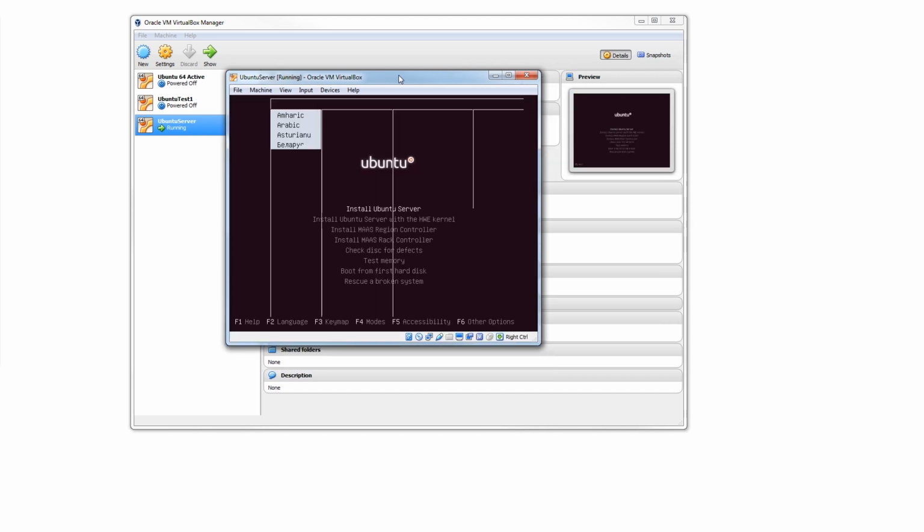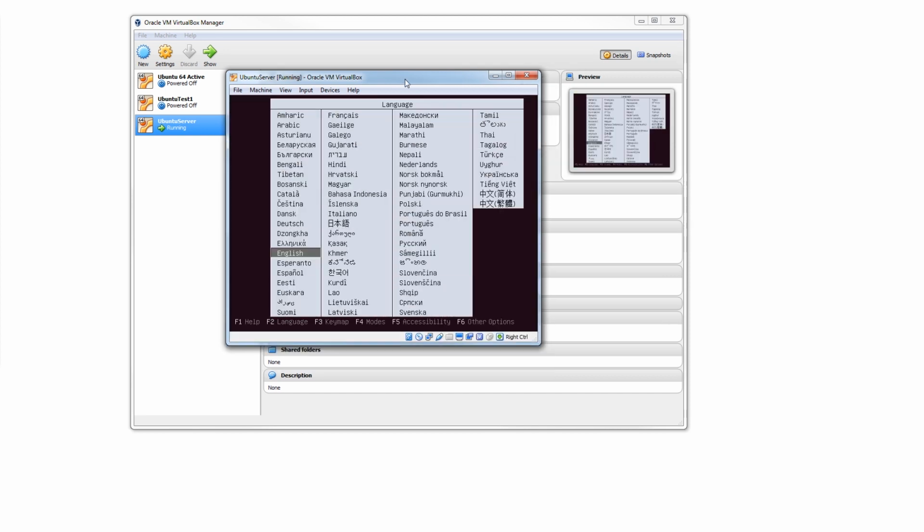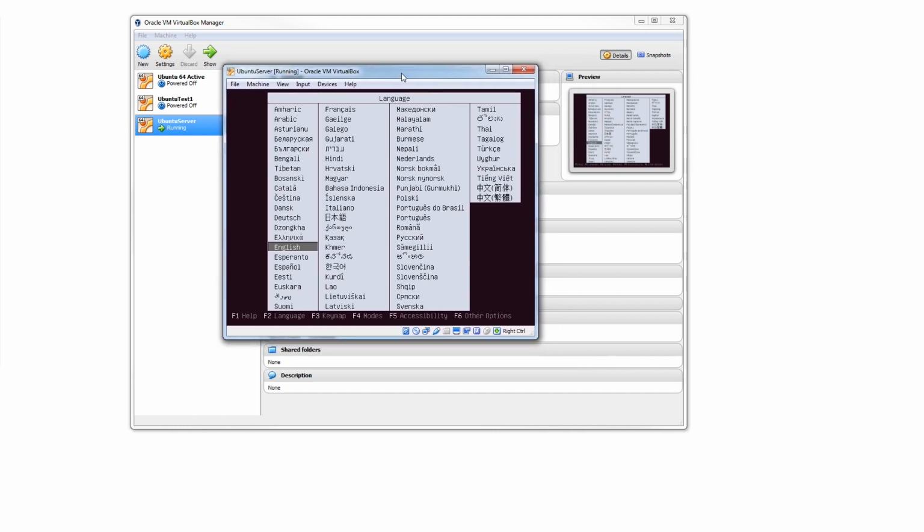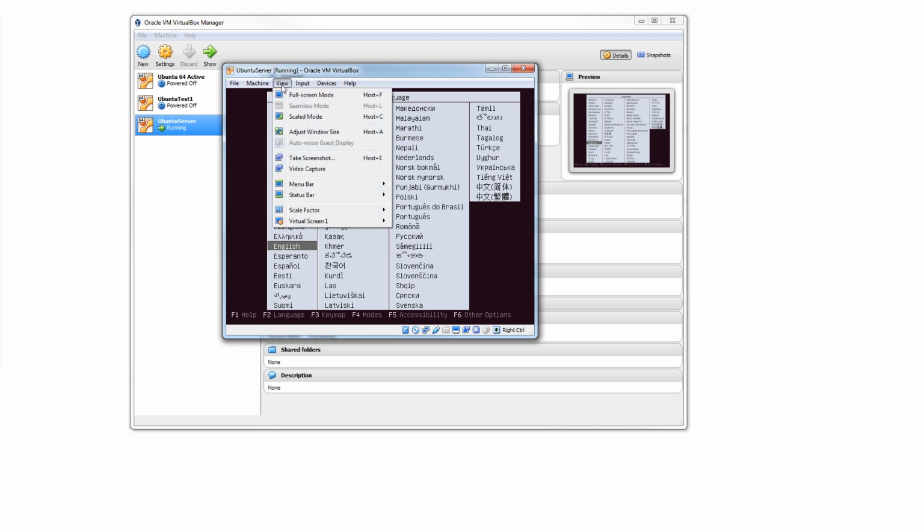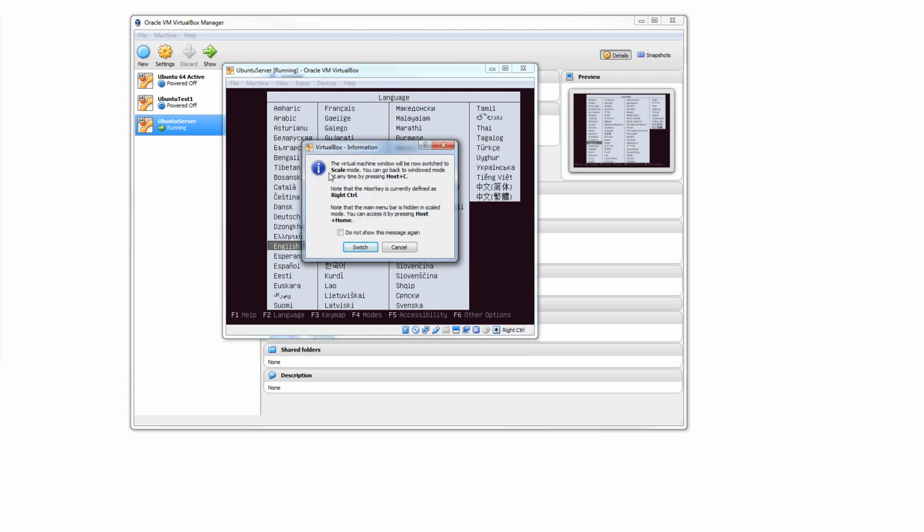And magic. There we go. Now, one thing I'm going to show you guys that comes in handy. This screen is rather small to work like that. So all I'm going to do is, with the top settings here, you can go view. There's some different settings. Now for this, I'm going to use scaled mode. You're going to get a little message that pops up. Please do read it. It is quite important. You can just hit switch,